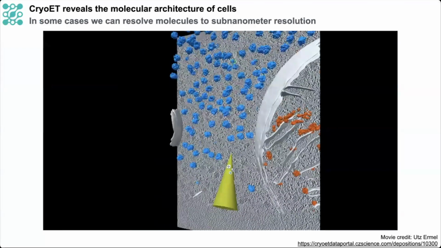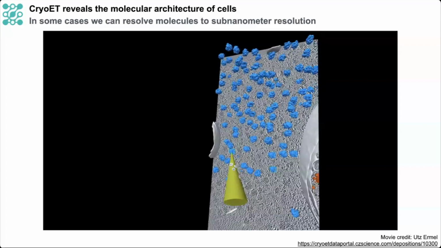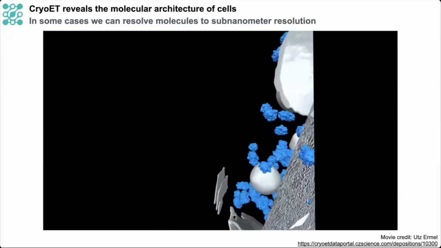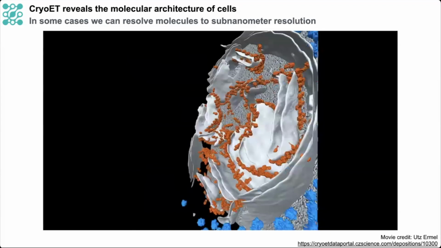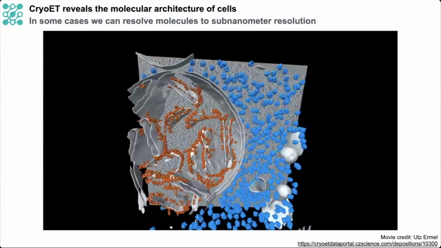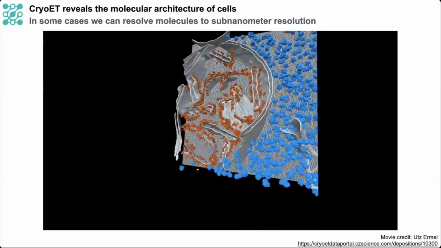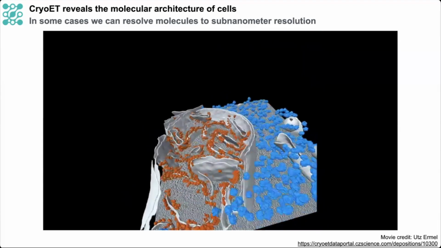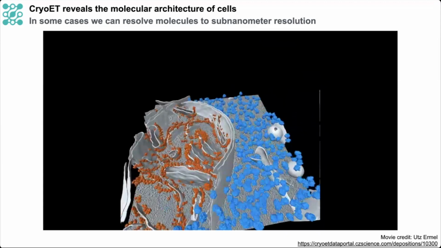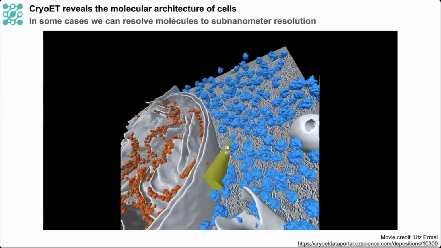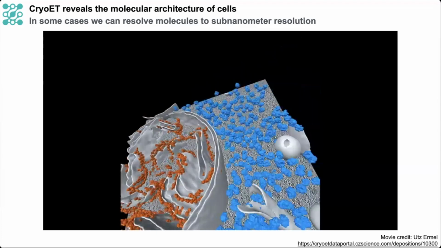If we can identify sufficient copies of a particular molecule of interest across multiple tomograms, or 3-dimensional maps of the cellular sample we imaged, then we can average these copies together in a process called subtomogram averaging, or STA. This averaging procedure enables us to overcome the inherently low signal-to-noise ratio and missing wedge of information associated with each individual molecule to determine a consensus structure to higher and in some cases sub-nanometer resolution, importantly while still maintaining information about the molecule's cellular context.